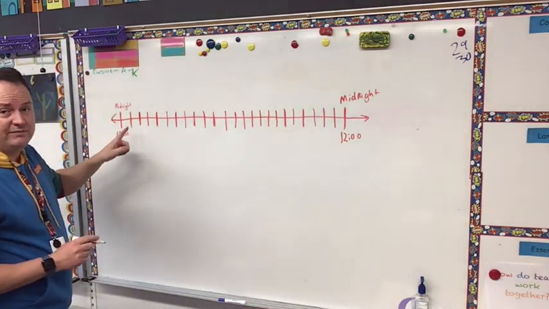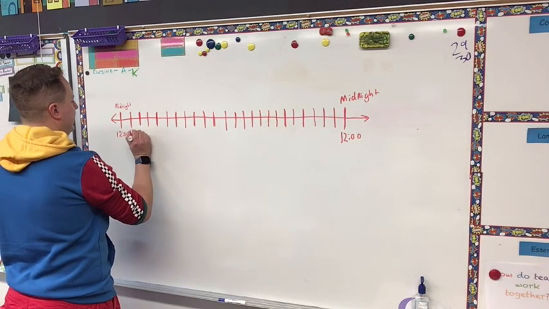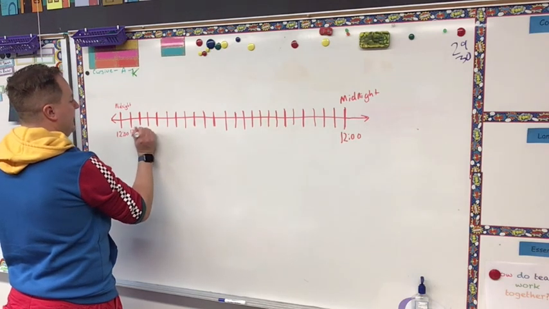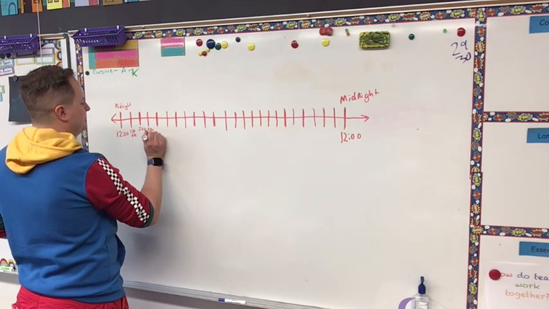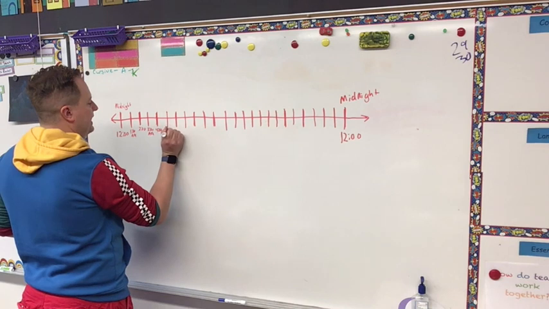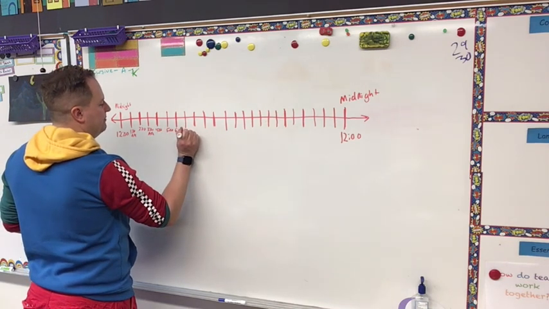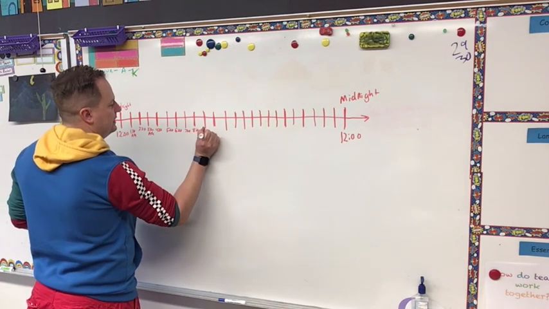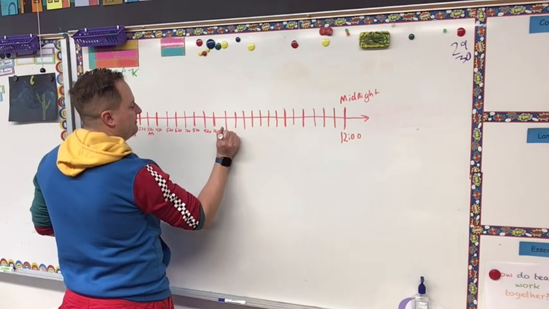So I've got 12 midnight, I've got 1 a.m., 2 a.m., 3 a.m., 4 a.m., 5 a.m., 6 a.m., 7 a.m., 8 a.m., 9 a.m., 10 a.m., 11 a.m.,